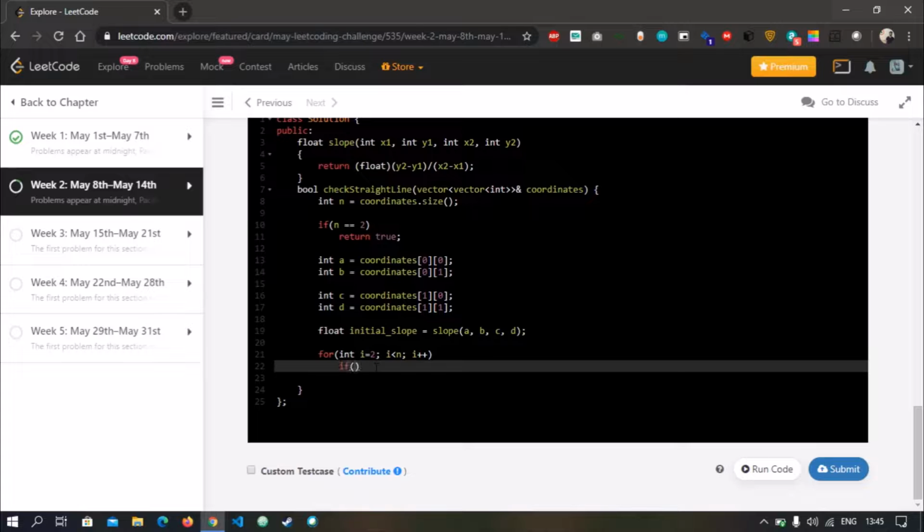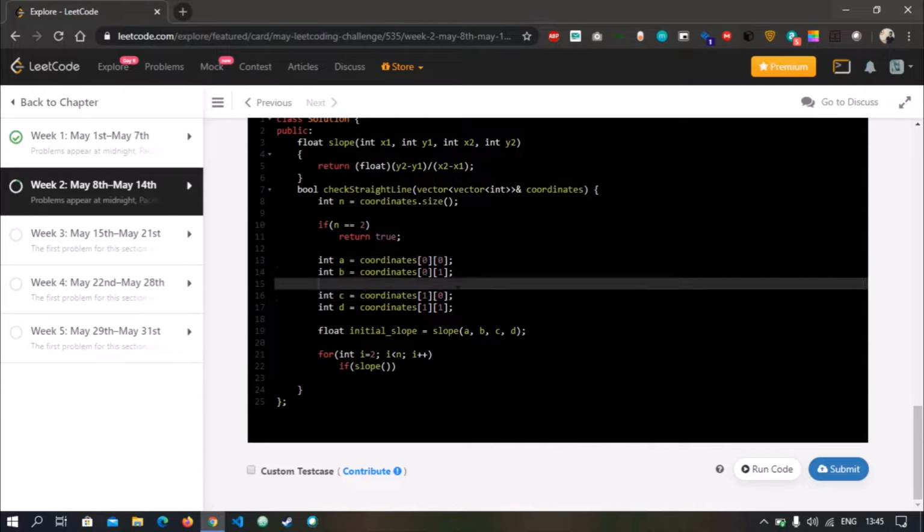Now we have to check the slope of the rest of the coordinates with either of these 2 coordinates. Let's take our first coordinate, a, b.